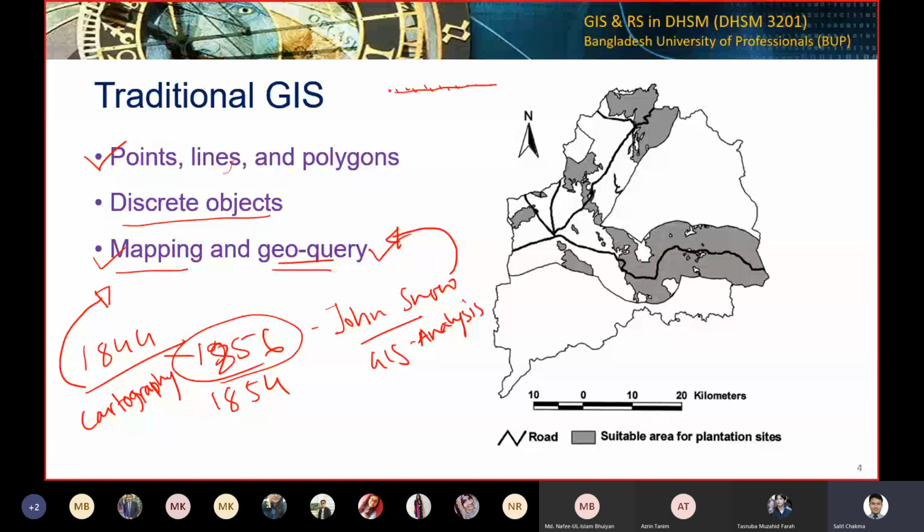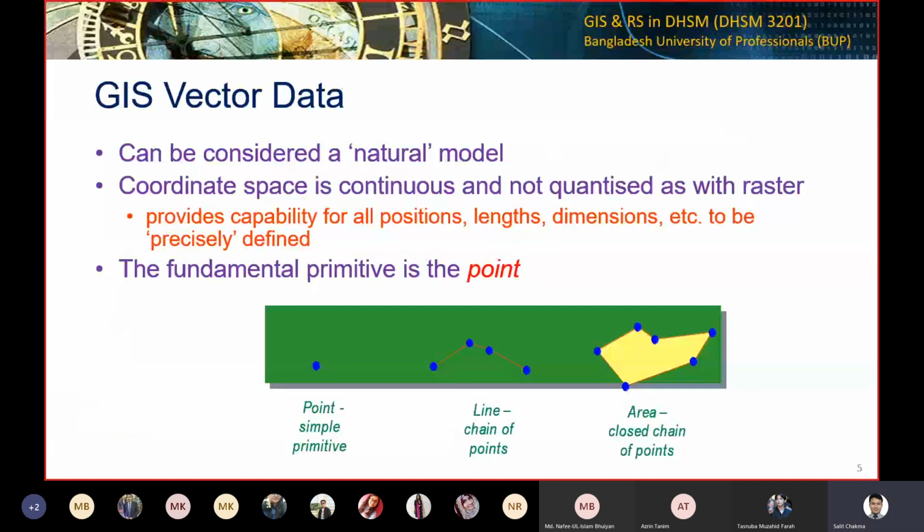All these things were possible because we had discrete objects. How was drawing these discrete objects possible? Because we have points, lines, and polygons to draw them. That's traditional GIS. These points, lines, and polygons are all vector data. So that's why